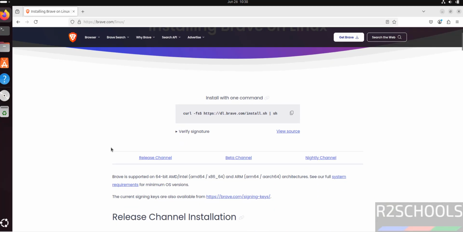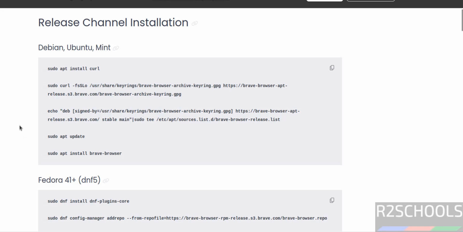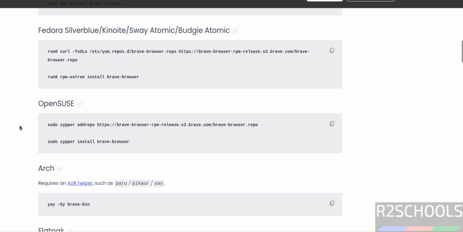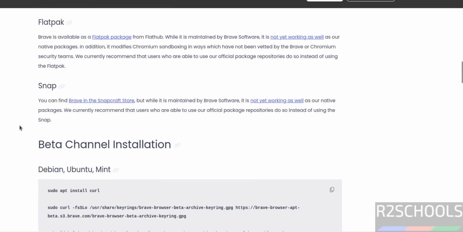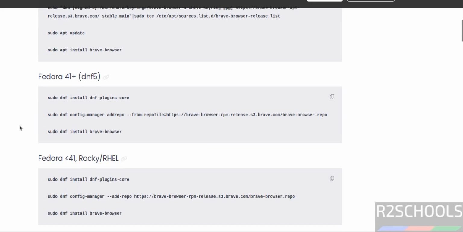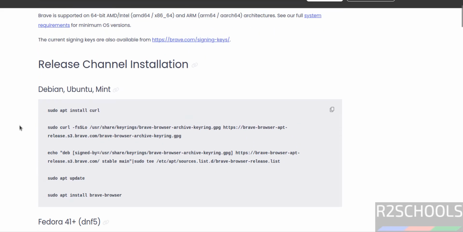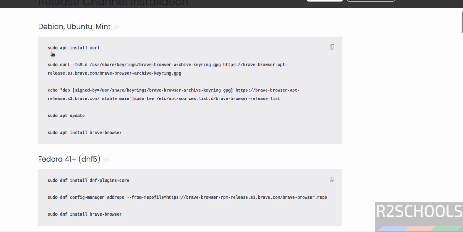So scroll down, see we have these options: release channel installation or beta release. Go to here, you have the beta release. So in release channel, that is RC, run these commands one by one. See, these commands are for Debian, Ubuntu or Mint. So copy this one, open terminal, and